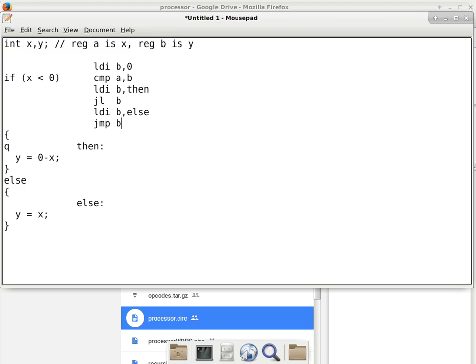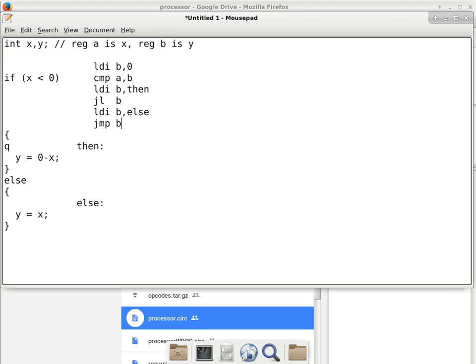In other words, we're using register B to update the program counter, and as a result, we continue execution where B is pointing to. Are we still doing okay so far with this stuff? Yep. So why are we loading B with then, and then JL, what did JL do again? JL will do the branch to whatever register B has, okay, JL updates the program counter to B,